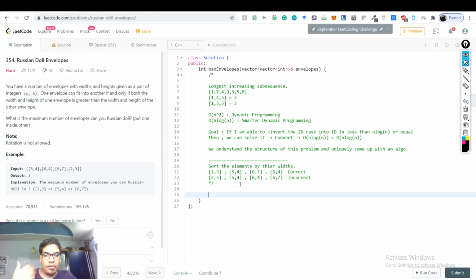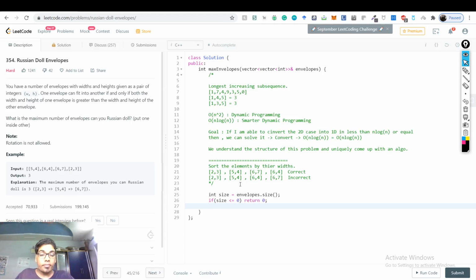So to do these things, we'll have to write our custom sorting function, because the sorting function which comes pre-built with the standard template library does not have this functionality, this gimmicky functionality. So let's get a feel of how to do that. First, we have this variable called size, which is envelopes.size(). If size is smaller than or equal to 0, then I return 0, because if you don't have anything, nothing can happen. So this takes care of the corner case very quickly.